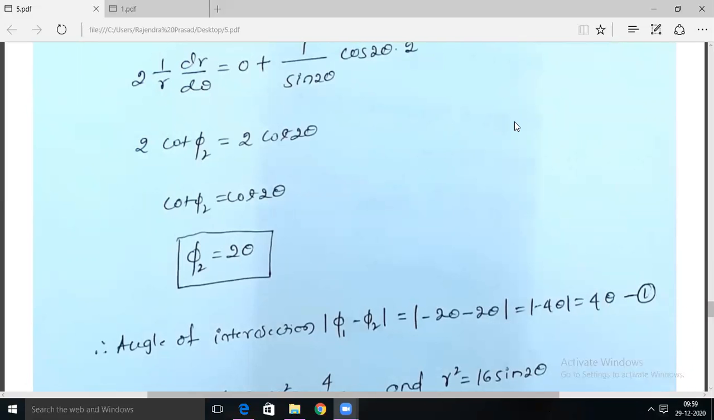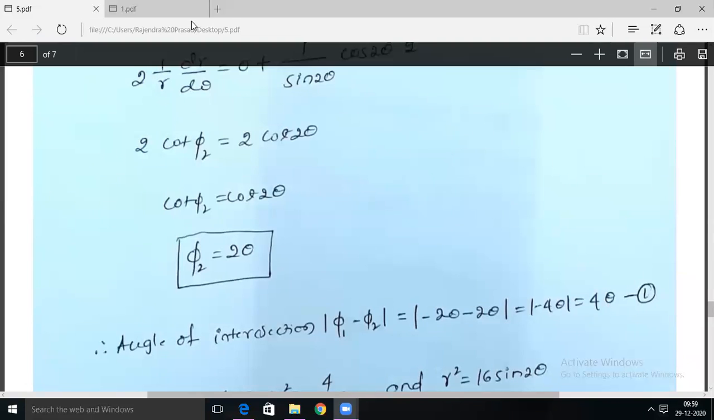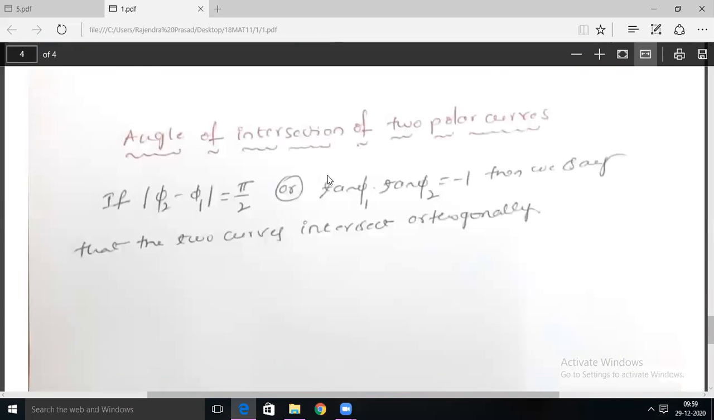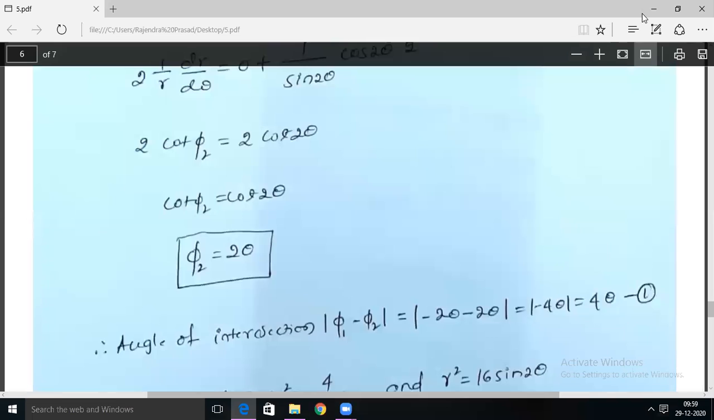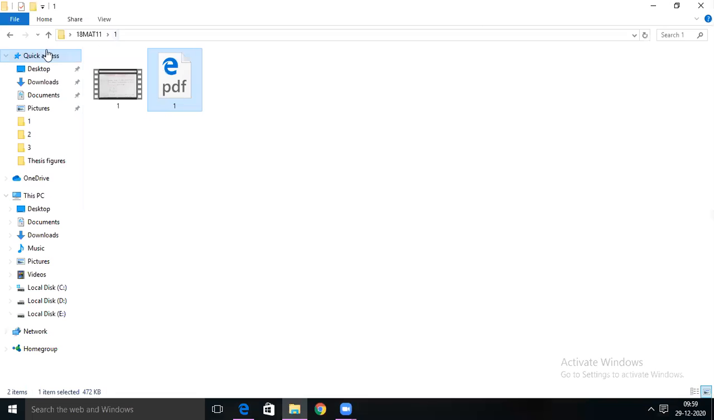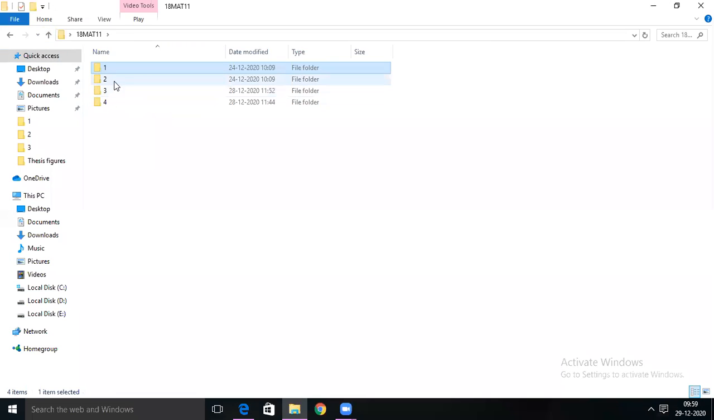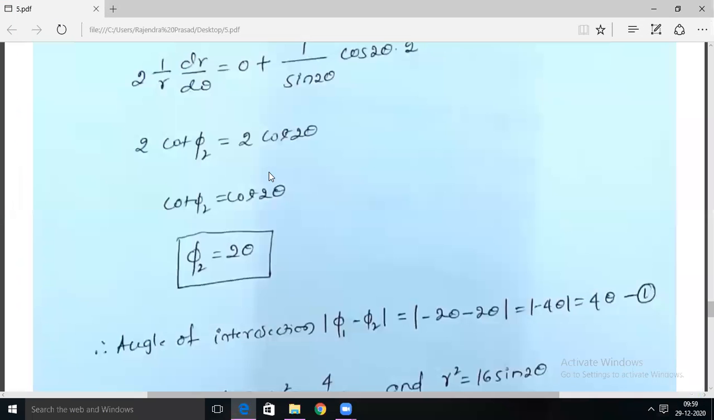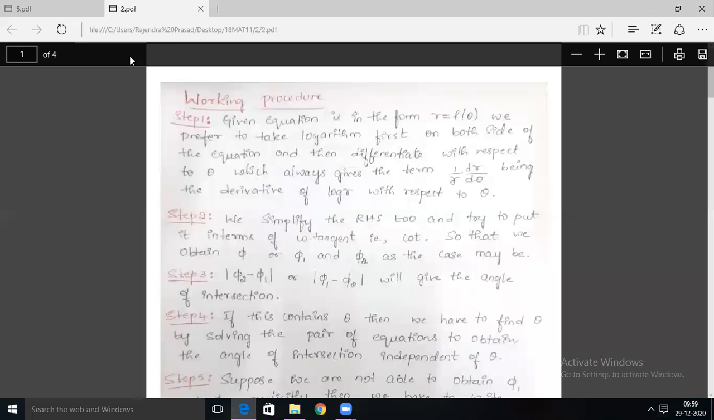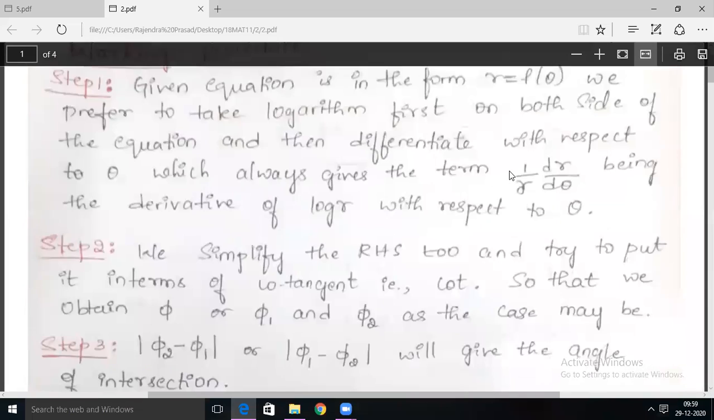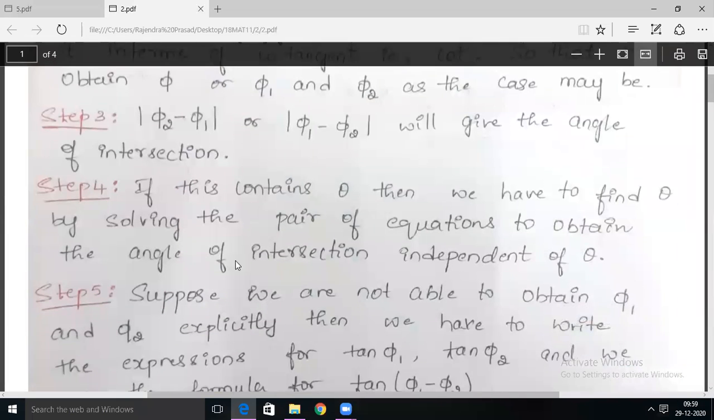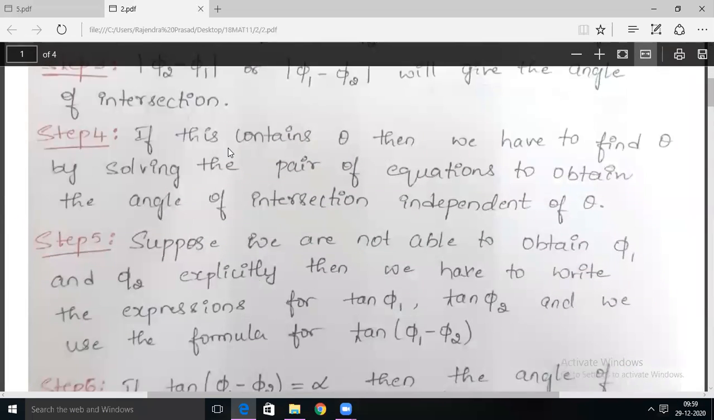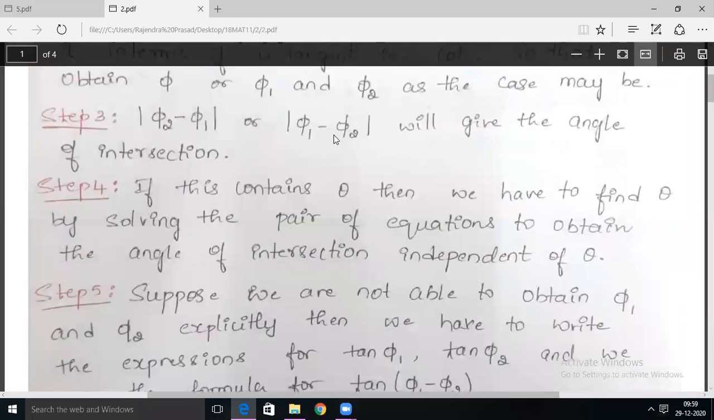Yes, right sir. The working procedure is very clear. If the angle of intersection contains theta, we have to eliminate theta. Right. We have to eliminate theta from the given pairs of equations here. See, observe carefully here. As a step, if this contains theta,